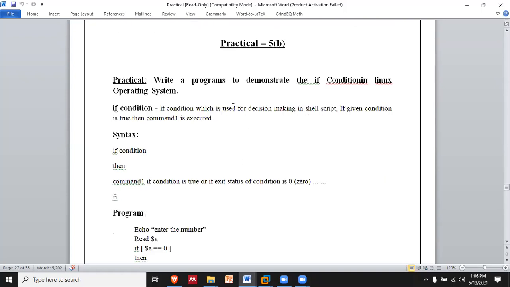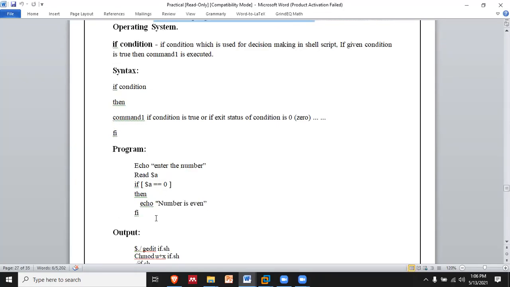The next program in this category is to write a program to demonstrate the if condition, right? Suppose we want the program to tell us whether a number is even or odd. For that we have conditions, right?